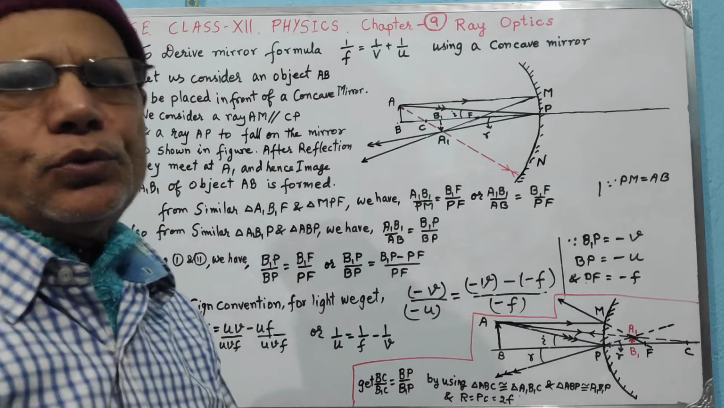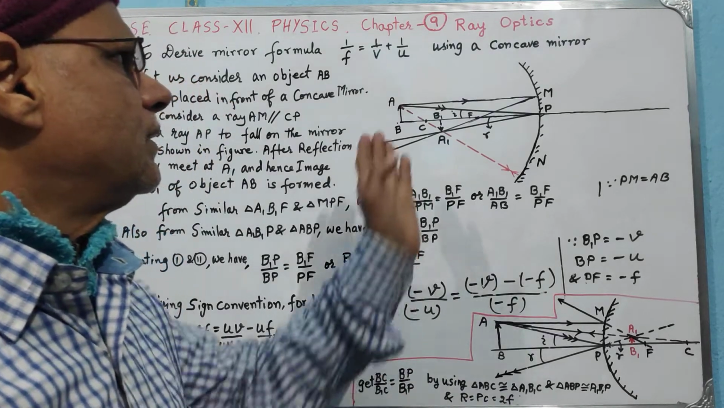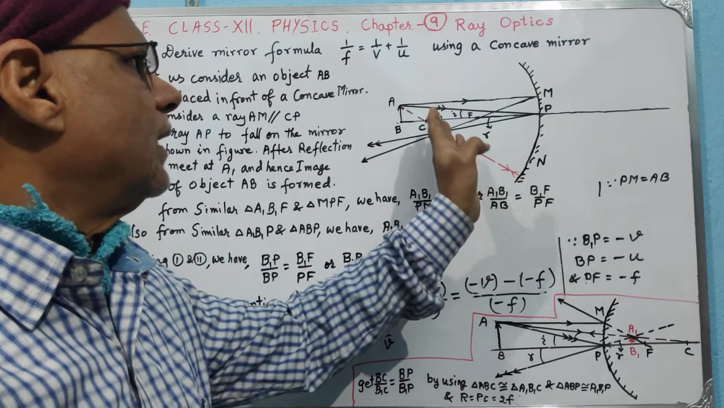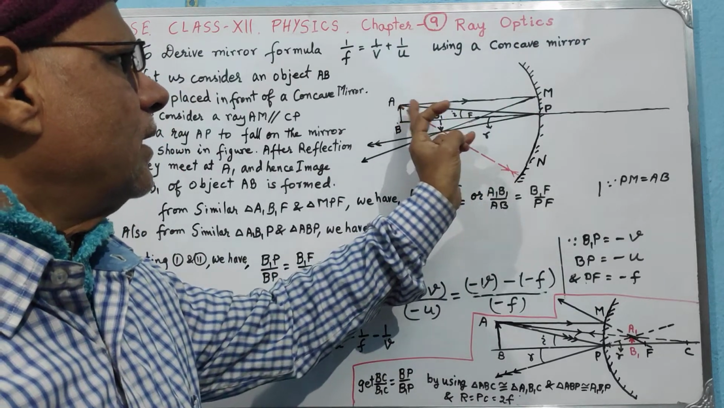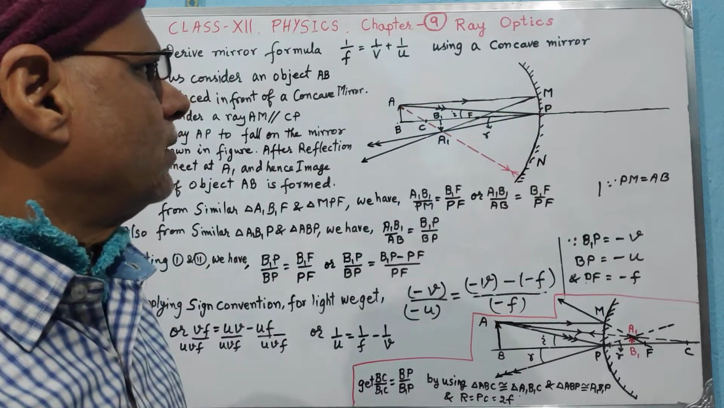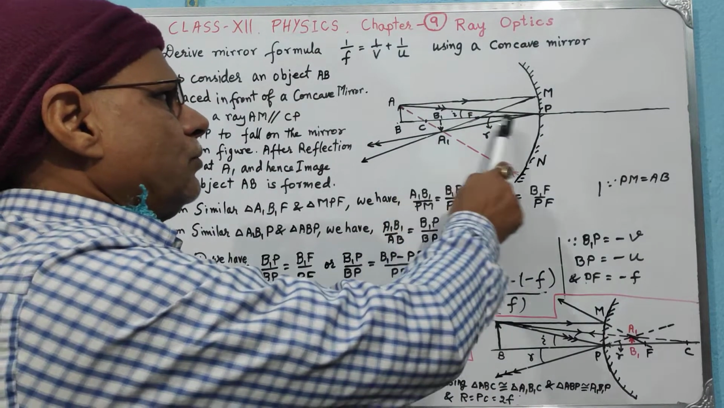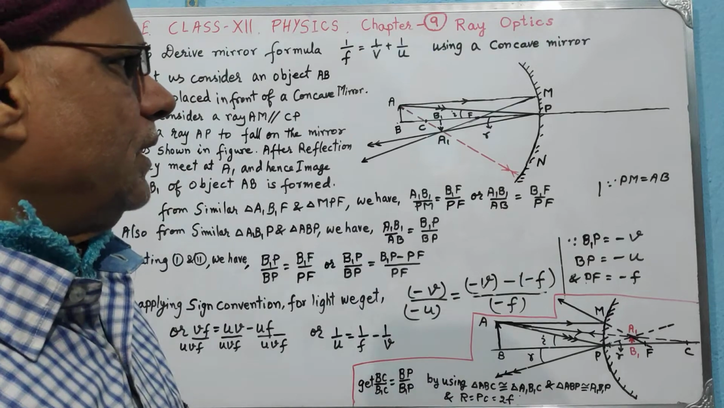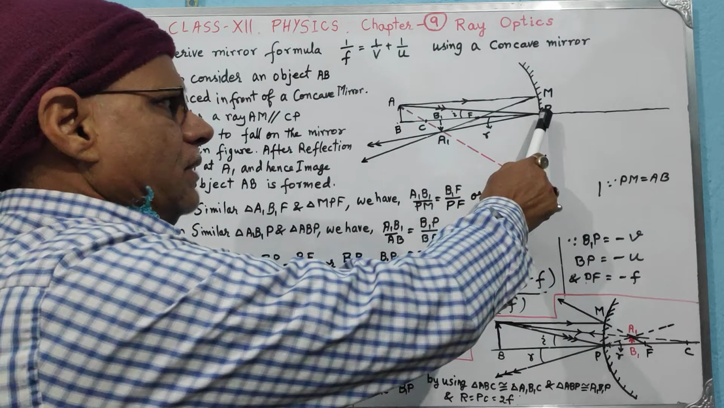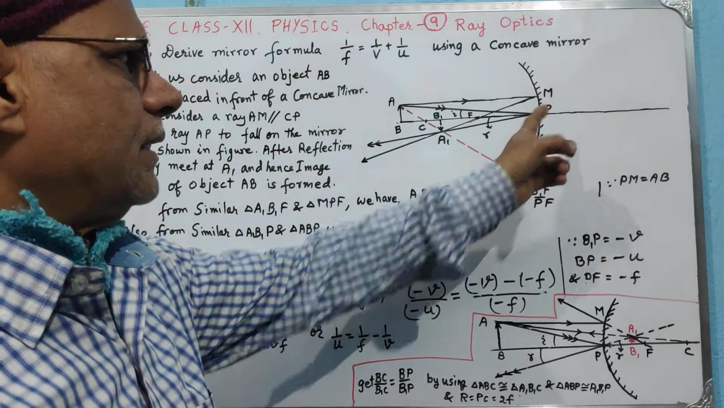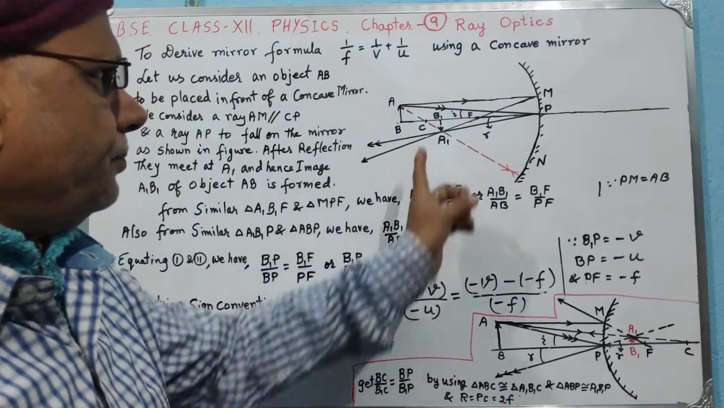And we take two rays. One ray is taken to be parallel to the principal axis CP and another ray is along AP. Now you already know that any line passing through the center of curvature of the mirror is nothing but normal at that point at which the line intersects with the circle. Therefore,